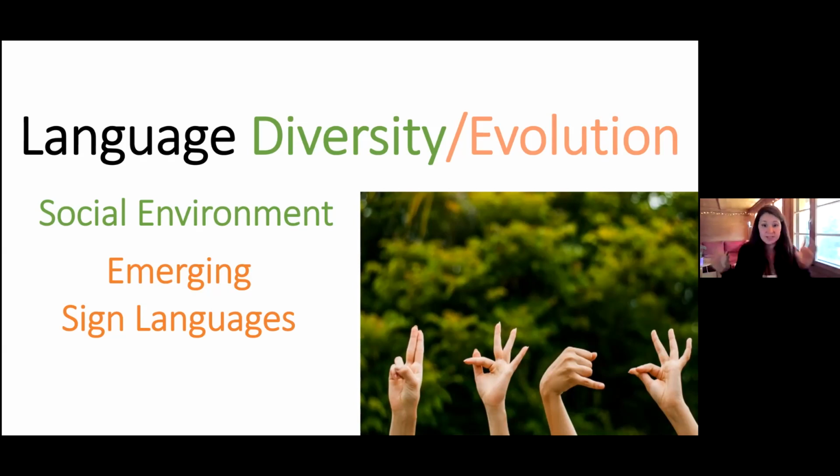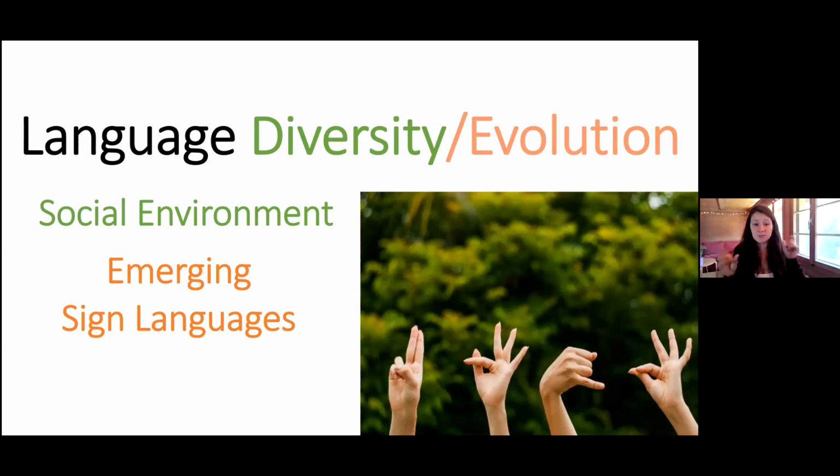Specifically, there seems to be a difference between village sign languages that emerge in very small, tightly knit, homogeneous communities, where people have very dense connections and interact closely and on a daily basis with everybody else in their village. There's another type of community called the deaf community sign language. Those are larger, sparser, and more heterogeneous communities that are spread sometimes across a country, or at least in the case of Nicaraguan Sign Language, it's a school of the deaf that brought a lot of deaf people from all over the country, and a language emerged there.